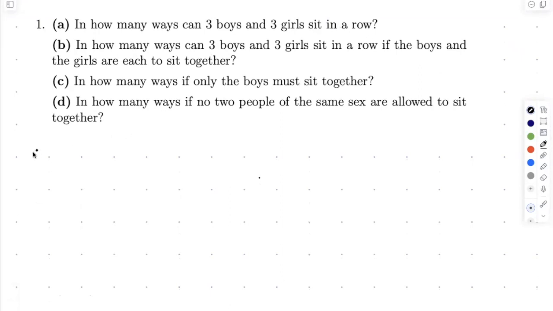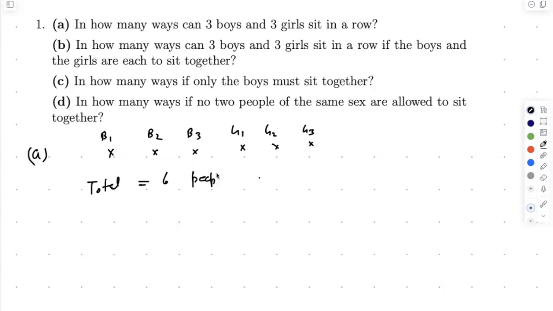So basically for part A, there are three boys, let me consider B1, B2, B3, and there are three girls, G1, G2, G3. They can sit together. So basically there are a total of 6 people. And if there are a total of 6 people, how can we arrange them? So the total arrangement